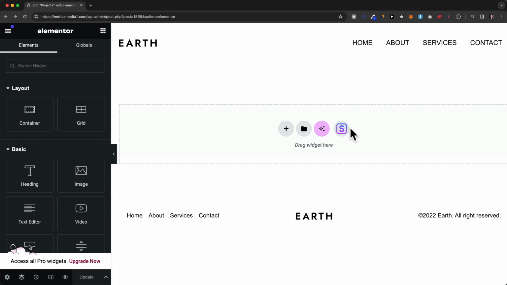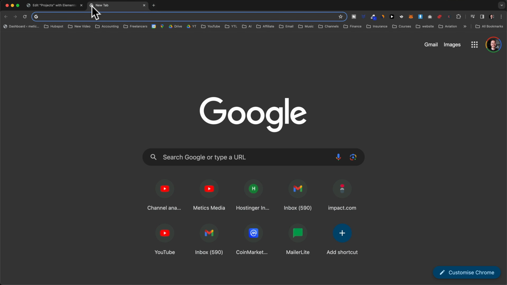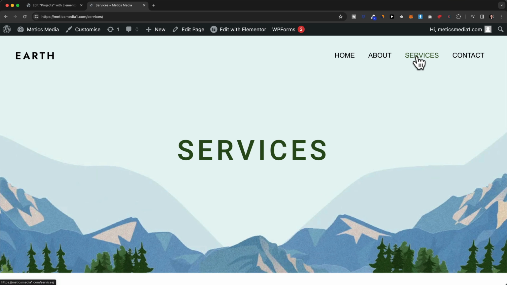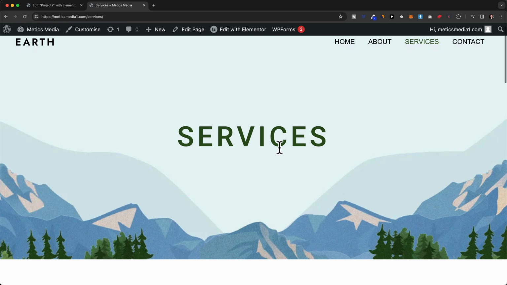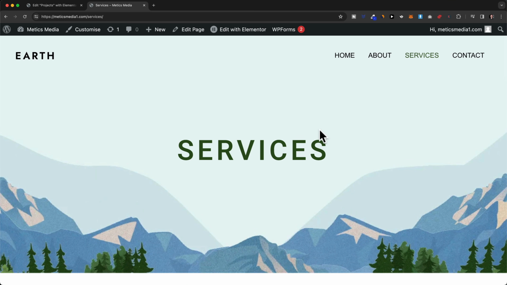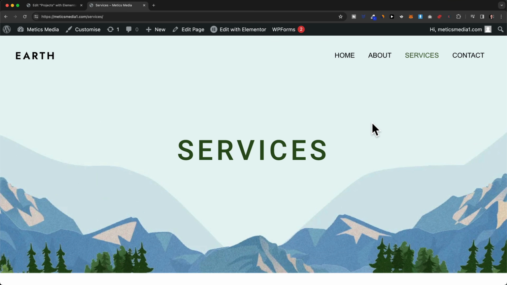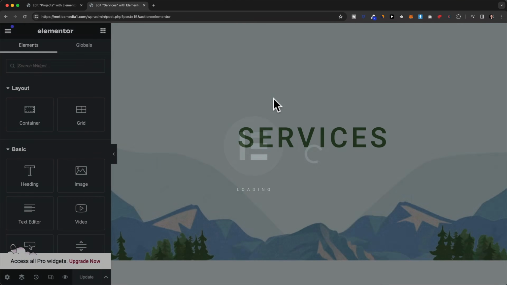But what you could also do is just use parts of the other pages that you already have on your website. So when we go to our website and then maybe we go to the services page, we probably want to just copy and paste this entire top section because this is kind of the same throughout the entire website. So what we can do is just click on the Edit with Elementor icon to go into the